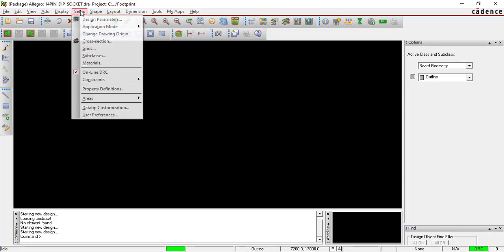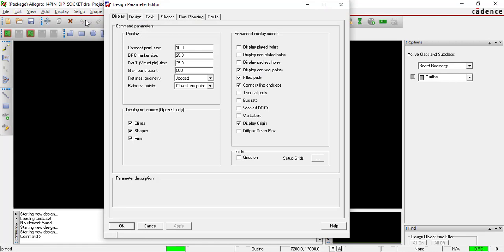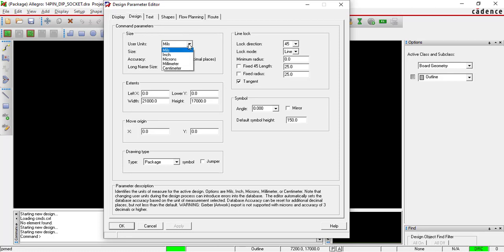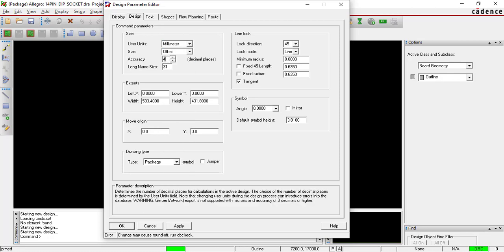Go to Setup, Design Parameters, click on the Design tab, and change the unit to mm. Here it is mixed, so change it to mm. Now first change the width: width means 5 times 9, 1 2 3 4 5. Now height also 5 times 9.